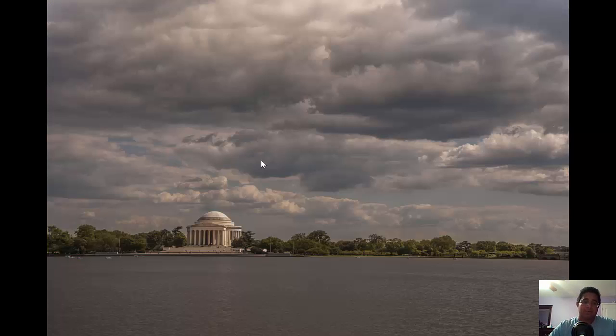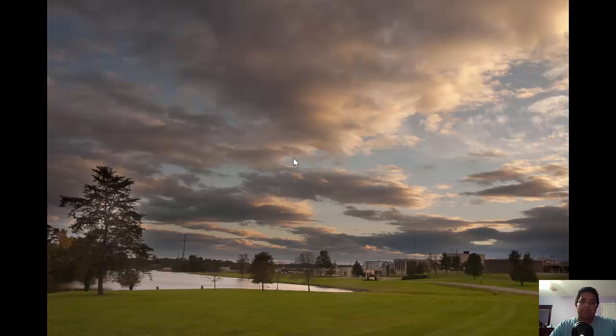Another HDR photo of the tidal basin. That's my point of view, and I just wanted to include this beautiful sky. And remember the color that I was talking about? So this is one of the shots like that. It was beautiful. I loved the day. It was really nice,